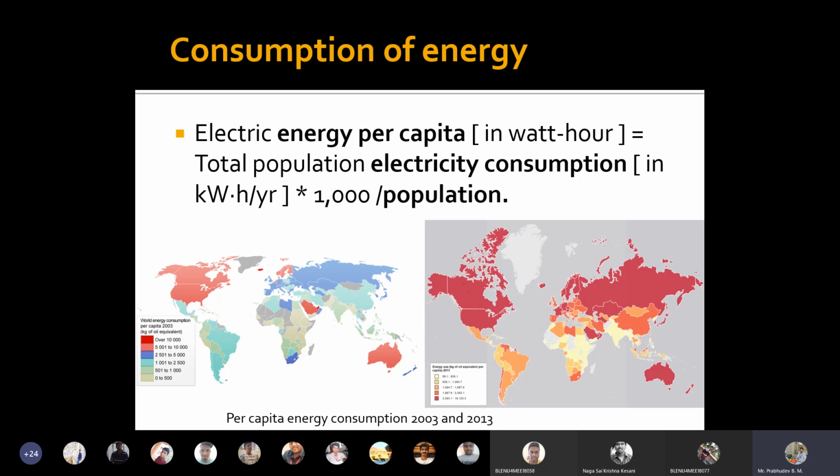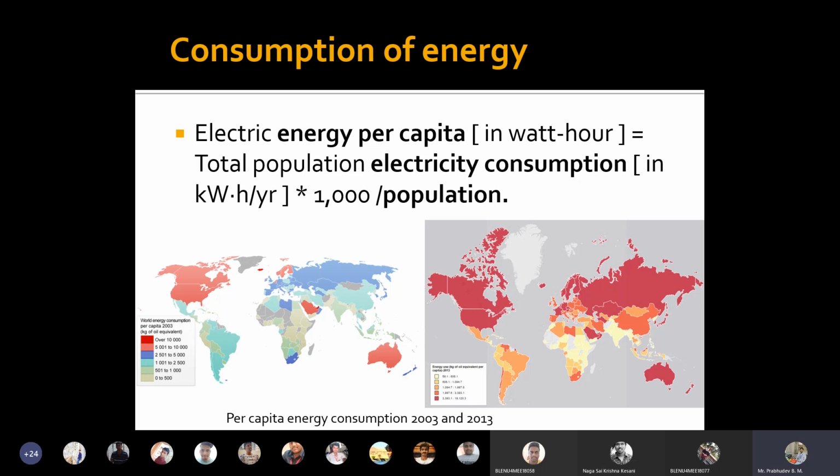Carbon footprints in the sense that they are going to release more carbon dioxide or poisonous gases into the atmosphere. But in 2013, the power consumption is still more, as many countries started consuming more power. And this power consumption is measured in terms of energy per capita, or we can say that it is defined as how many people are using electrical power divided by total population of the country.